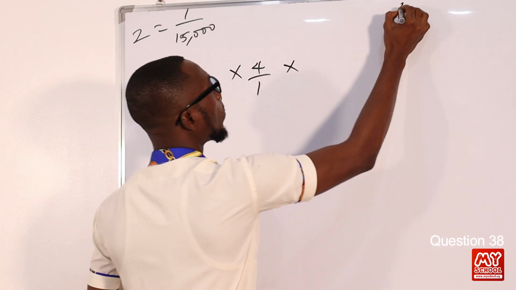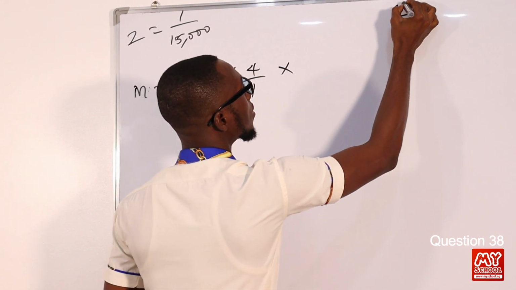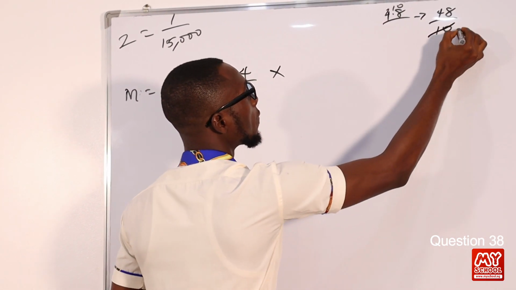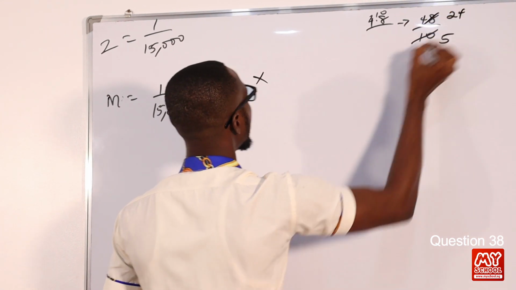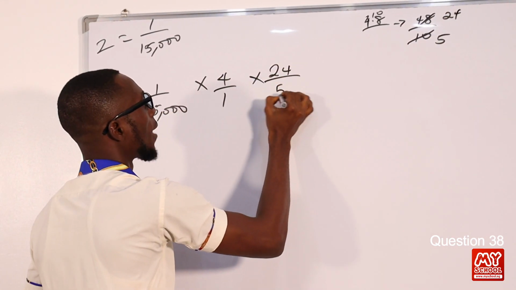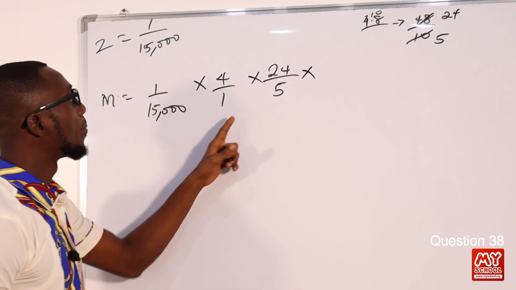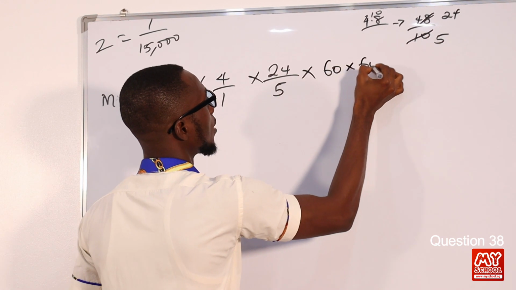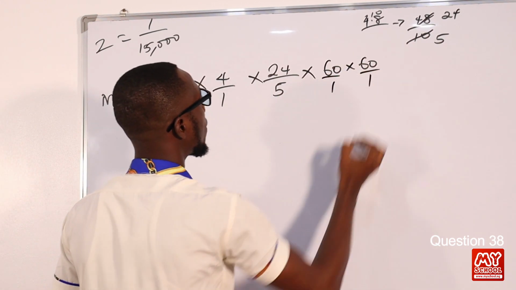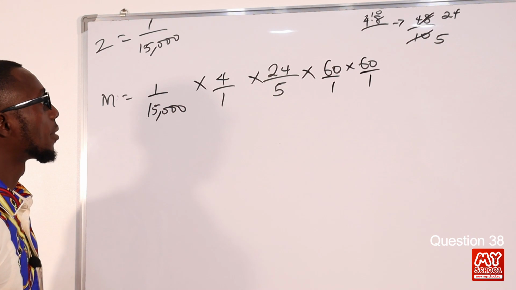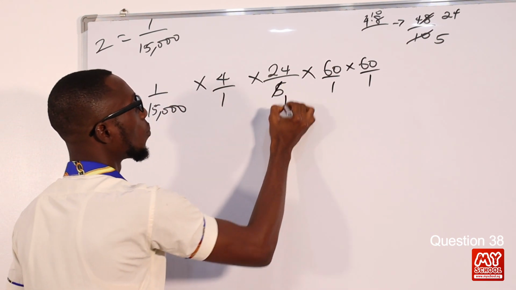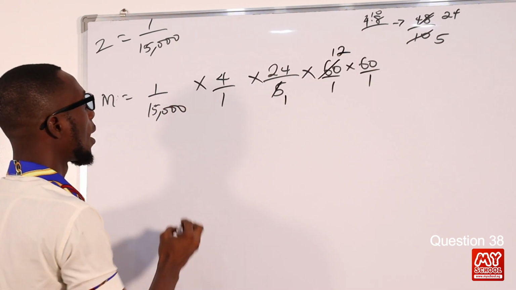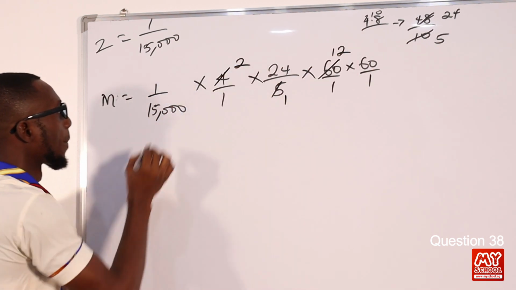Okay, so we know that 4.8 means 48 over 10. And this is 2 here 5, 2 here 24. So we have 24 over 5 times, remember we have 4.8 hours, so times 60 times 60, over 1. Okay, so now let's work around this. Right here we have 5 here 1, 5 here 12. Very well. Of course we have 2 here 2, 2 here